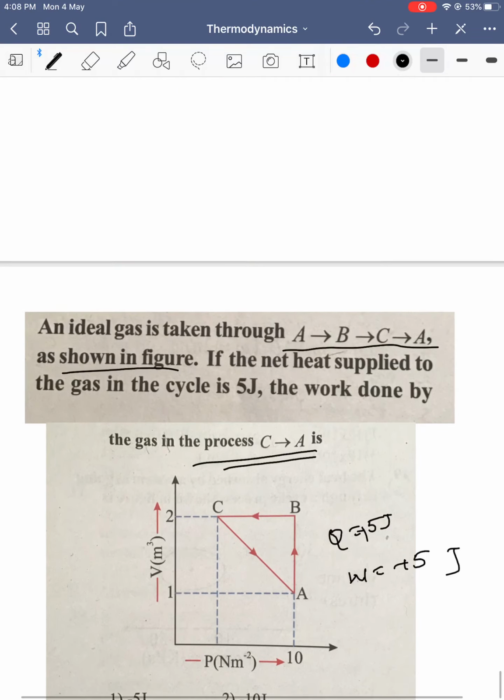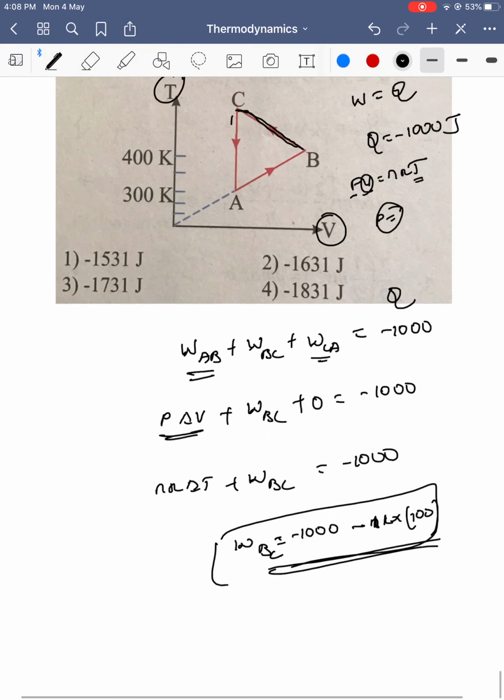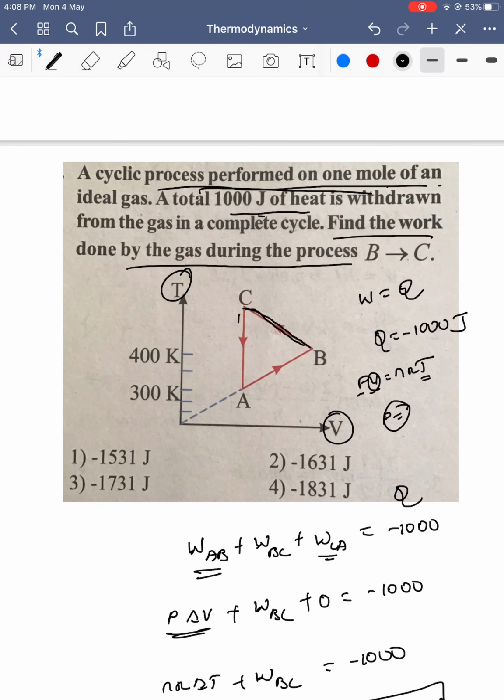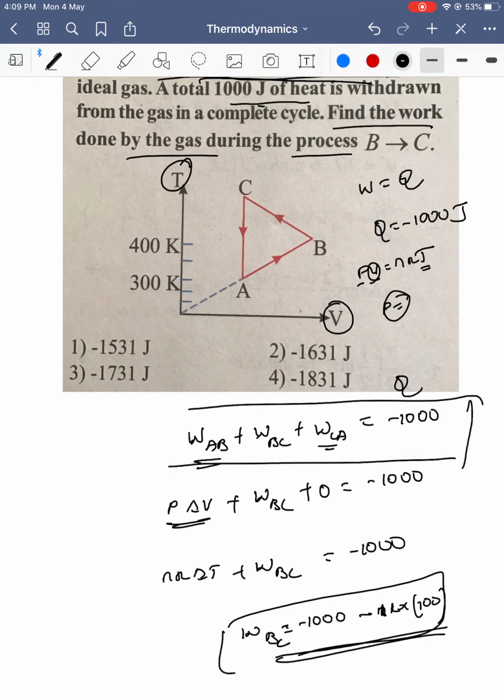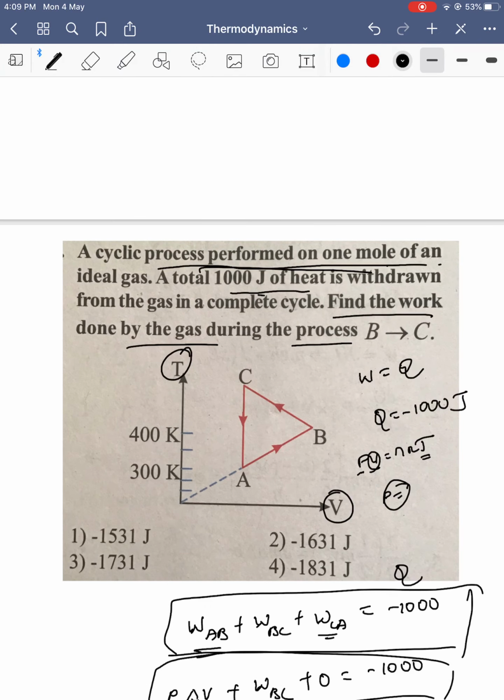I thought it was a different model, but the model given here is very important. Many questions can be asked in this regard, like they will give the entire work, but for such a condition we cannot calculate from the graph. We should use this procedure. So from the total work done and heat, we have to calculate. Thank you very much.